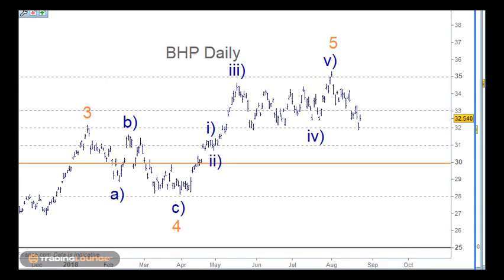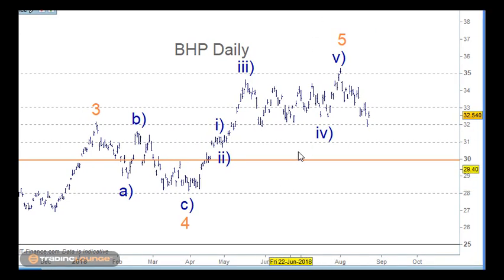With BHP, same thing here. I know this is a wave 4 here, so this counts quite nicely as wave 4 to wave 5 here. So we're seeing this downside movement here, and let's just see how this goes. Obviously, I can count this as corrective, or I can count it as impulsive, but as impulsive it hasn't finished yet. I'd still need to see another move down through here,